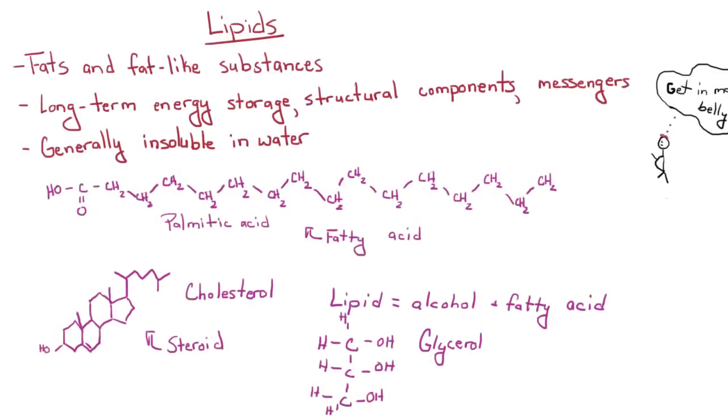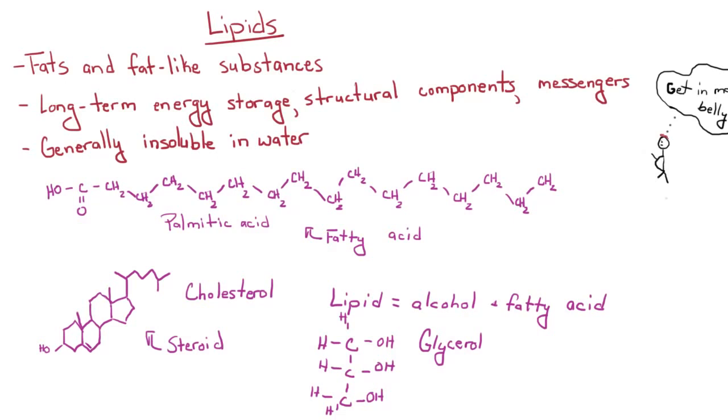The next class are called lipids. These are fats and fat-like substances. If you've ever watched Austin Powers, you will understand what I drew there. But his name is, well, I don't think I'm allowed to say what his name is on this video. Anyways,